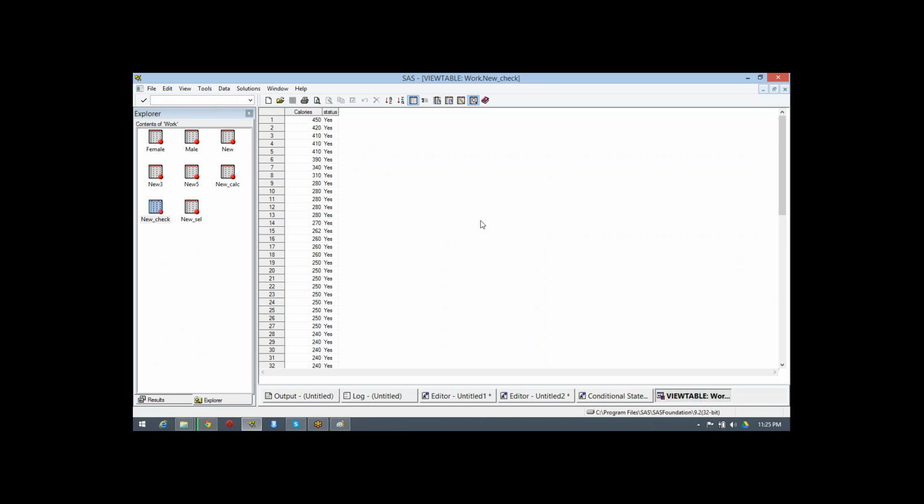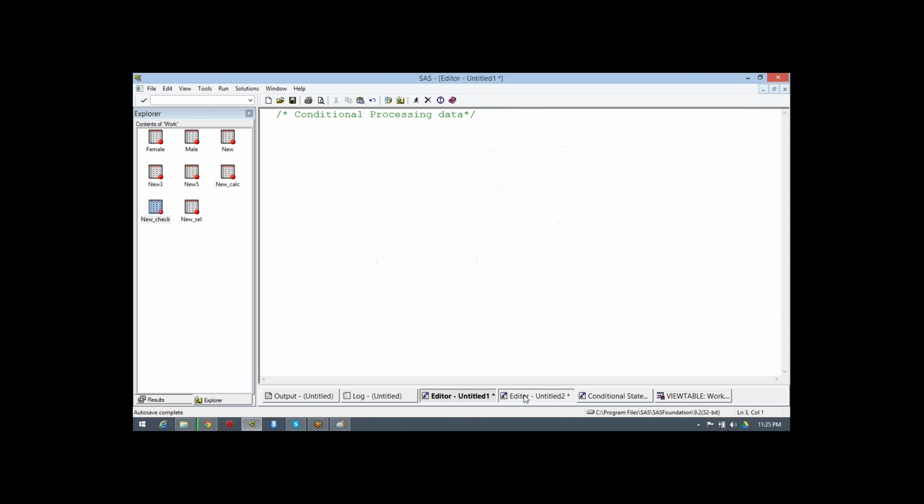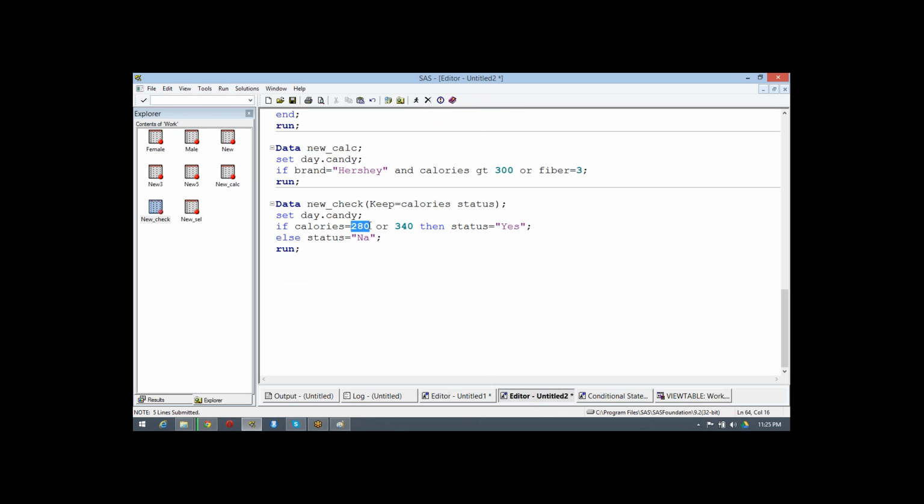Okay, but see, I have applied a condition only for these two. So as per calories 280 and 340 only, it should print as yes. But now the value which we are looking at is totally different.